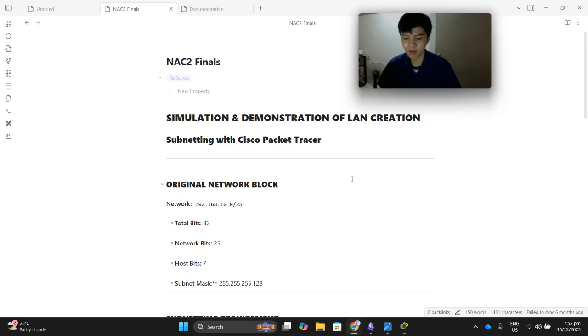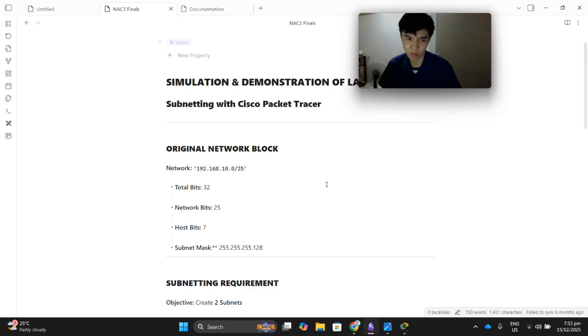efficient. By the way, subnetting, like Sir Jeremy explained, is simply dividing a big network into smaller, more manageable chunks. So, first up, we'll work through the subnetting calculations for each LAN: network ID, usable IP range, and broadcast ID. We'll also figure out the number of networks, total IPs per network, and usable addresses, just like we discussed earlier. So to begin, we'll begin with our original network block, which is